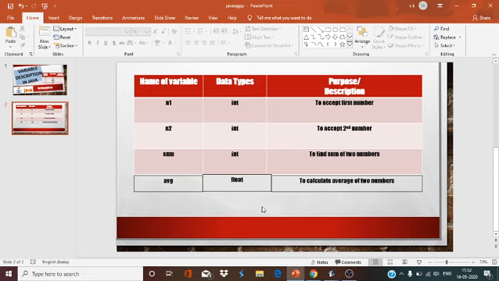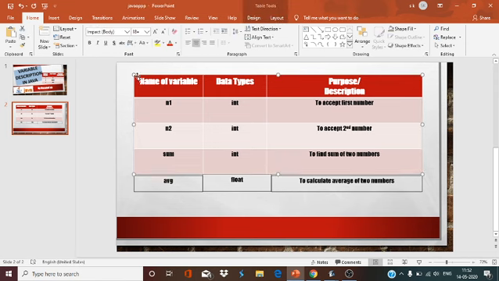If one more question comes, then for that also you have to write the variable description for each program. So you have to understand how to declare the variables and how to describe them. This is the format through which you can write a variable description, and it's very important to understand it, and for each program you should try to write the variable description.